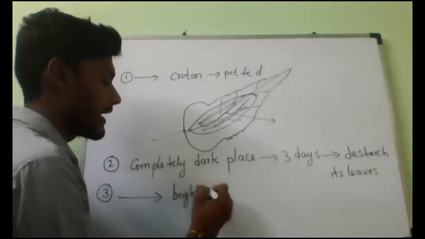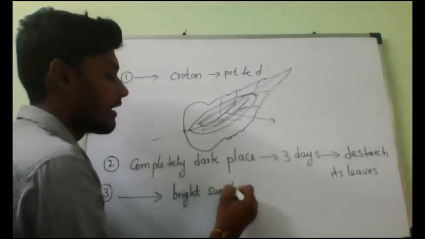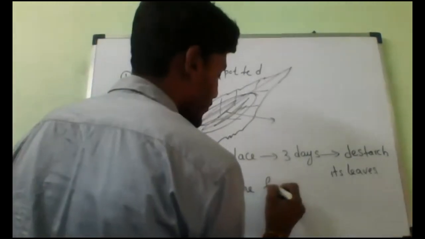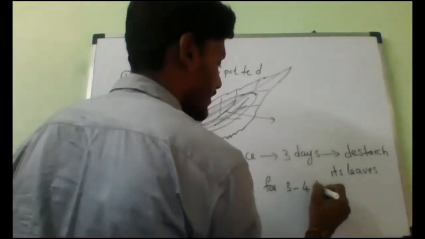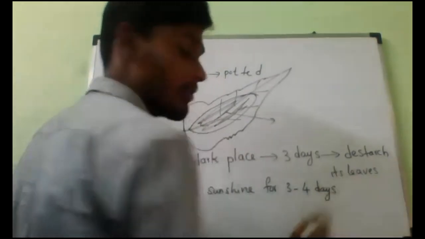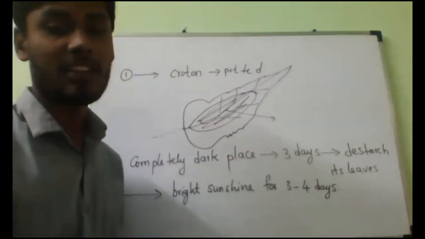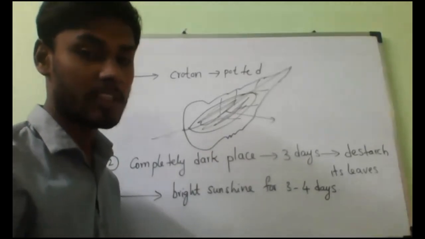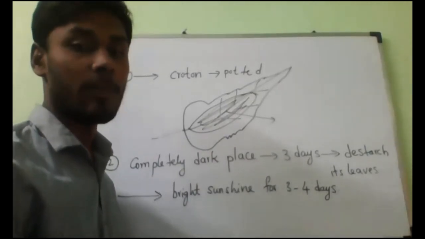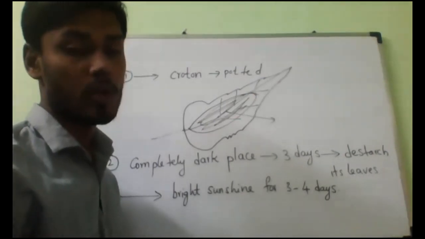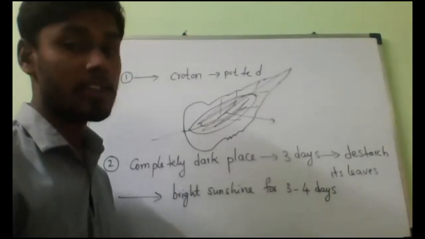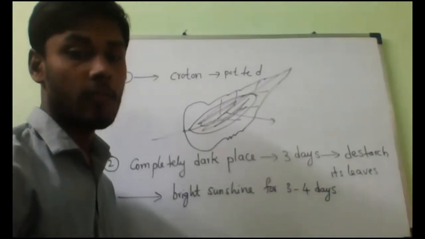Bright sunshine. If you keep it again in sunshine, what will happen? Again, photosynthesis will happen. Photosynthesis reaction will take place. Understand? So now let us see, again what will happen? The glucose will be produced as well as the extra food stored as starch in the plant. Now, all of you listen.